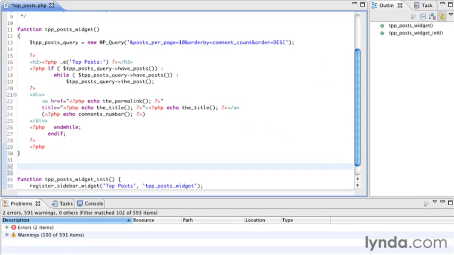The first step is we need to write a function, and this function is going to be registered with the AJAX handler. So what this function should do is it should essentially get some post data, and then it should output something that can be used by the jQuery request. So we're going to write a function tpp_posts